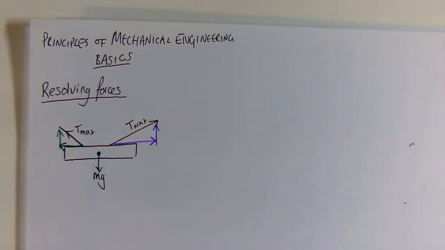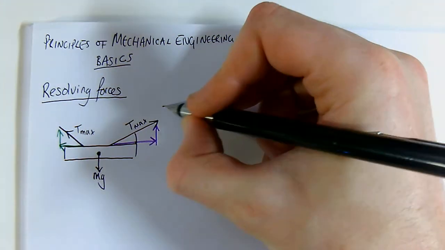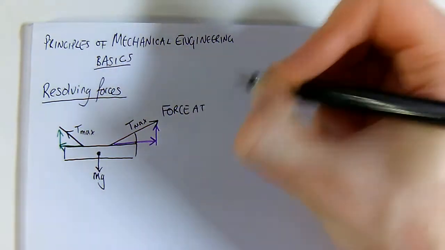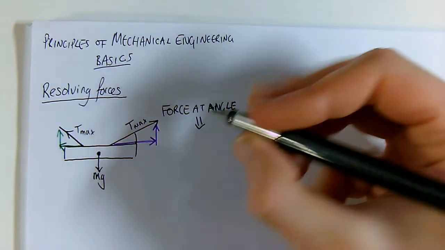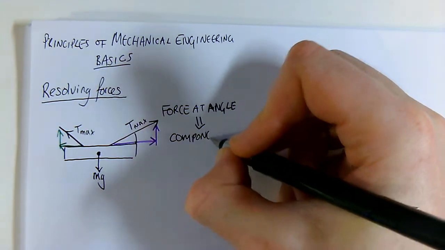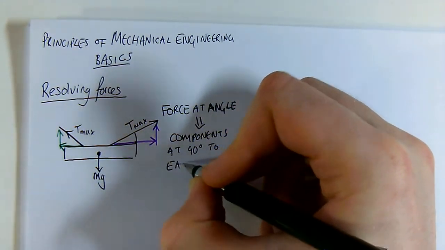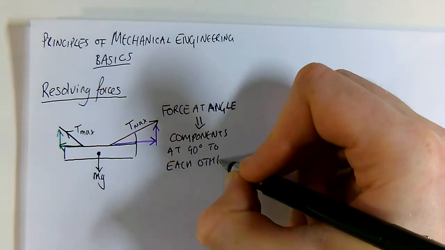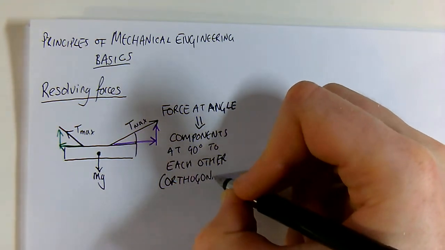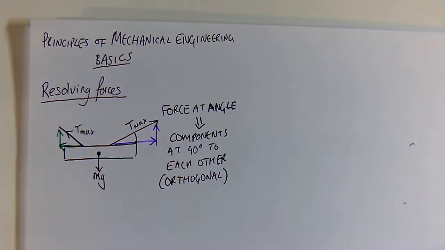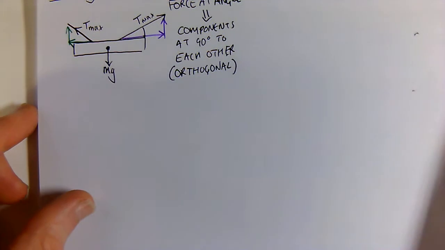Now, to do this, we need to be able to turn our force at an angle into components at 90 degrees to each other. Occasionally this is called orthogonal components. Now, to do this, what we need to do is we need to be very certain about our